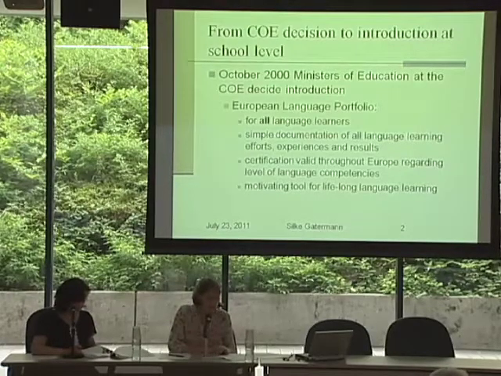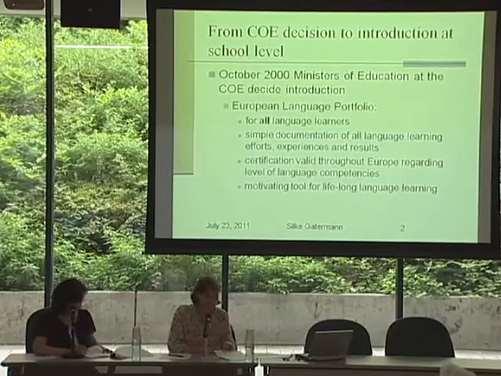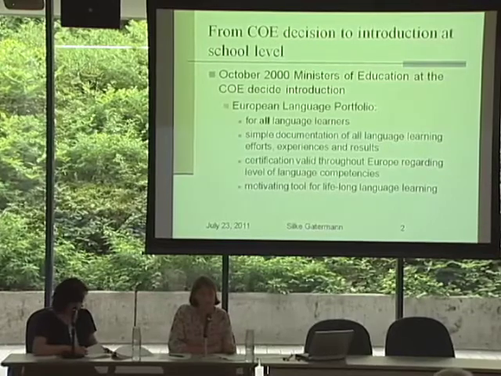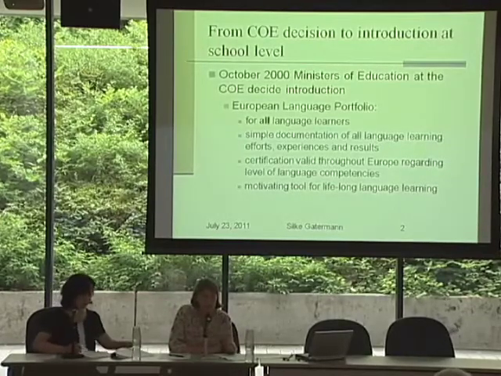This has led to an increase in learners of all ages to acquire certificates such as DELF scolaire or DELE for French. For example, of our French learners at our school,